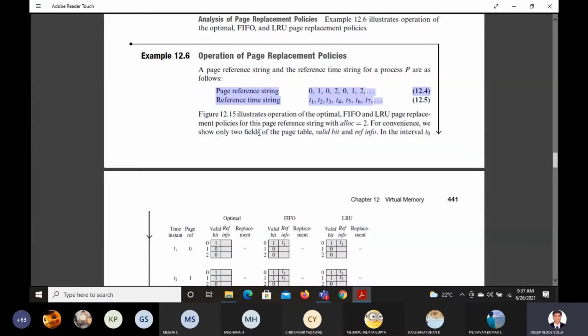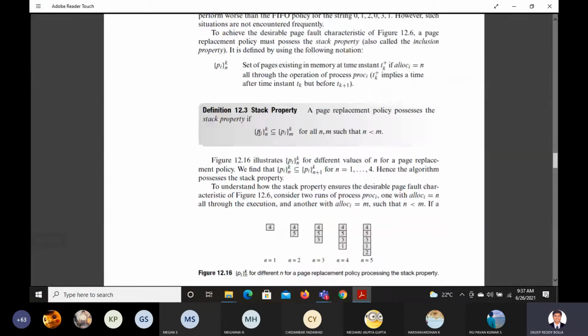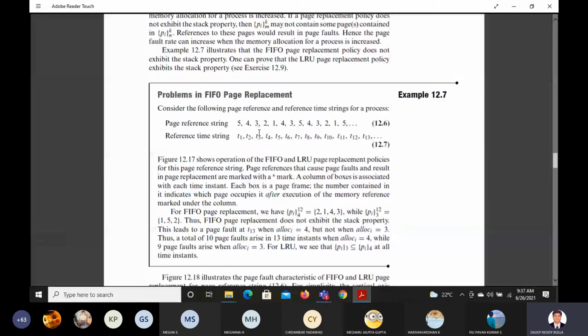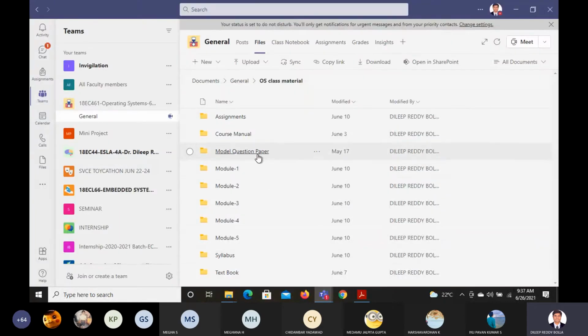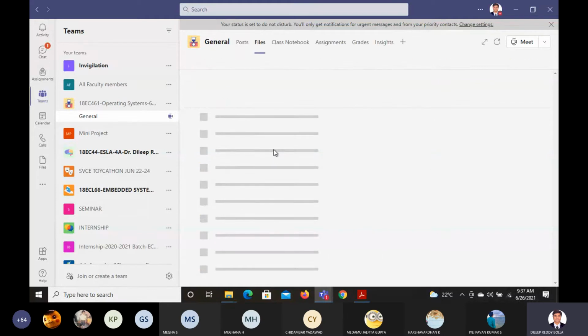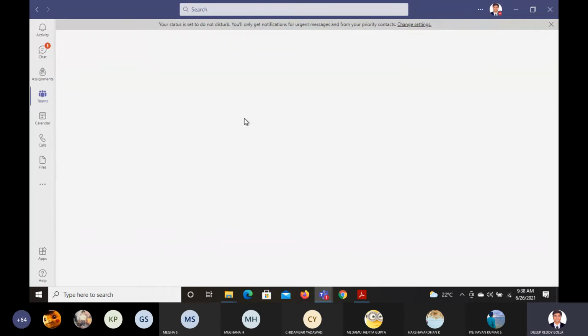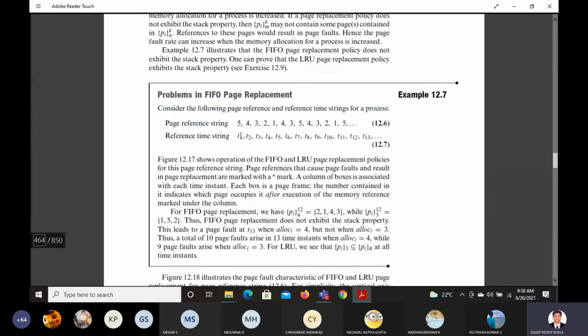Meanwhile, it will load. This is how they explain page replacement policies. So this is the question. Most of the time they are going to give it like this. These are model question papers, so hopefully it is in that paper. Let us go to the recent paper. Okay, like this it is. Page reference string, diagram 5 for T1, 4 for T2, 3 for T3, like that they are going to give.